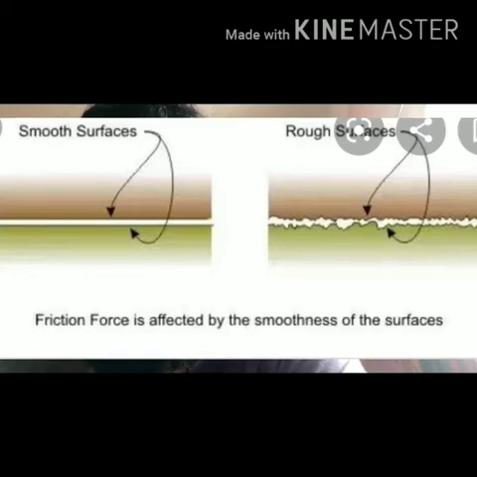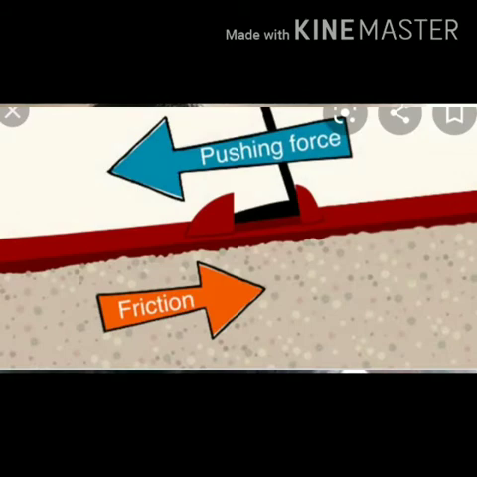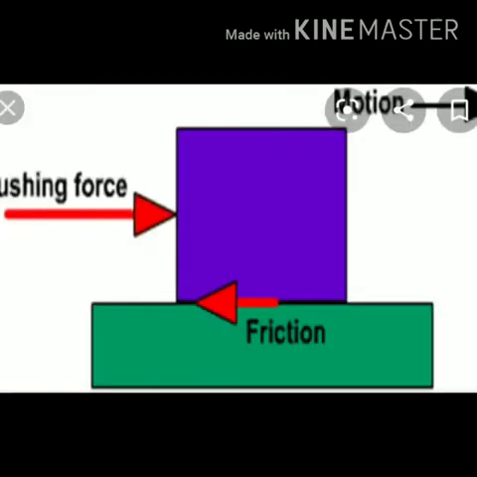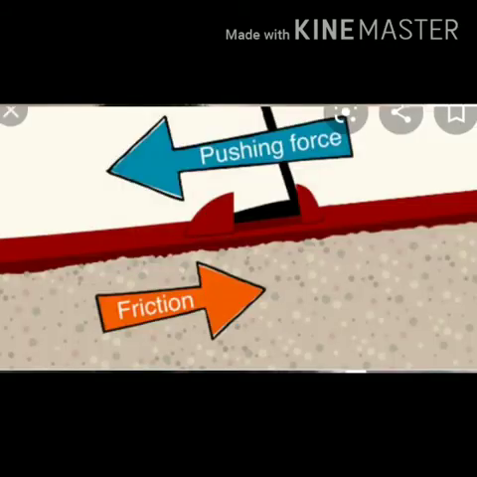The weight of the body is also a factor. A body kept on the ground experiences the normal force exerted by the ground, which is equal to the weight of the body. So if the body is heavier, the normal force exerted on it will be more. The greater the normal force experienced by the body, the greater is the frictional force. In other words, more force is required to move a heavier body than a lighter body.